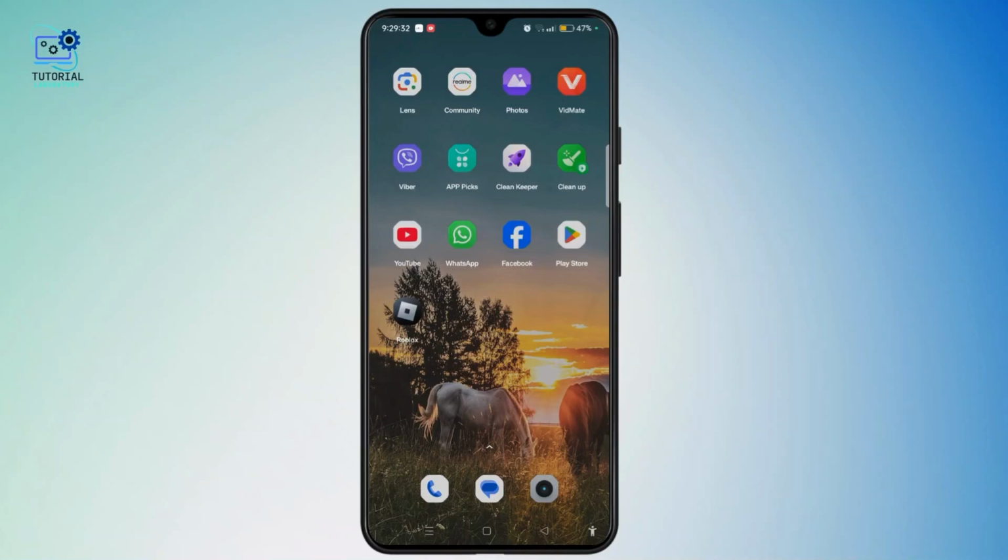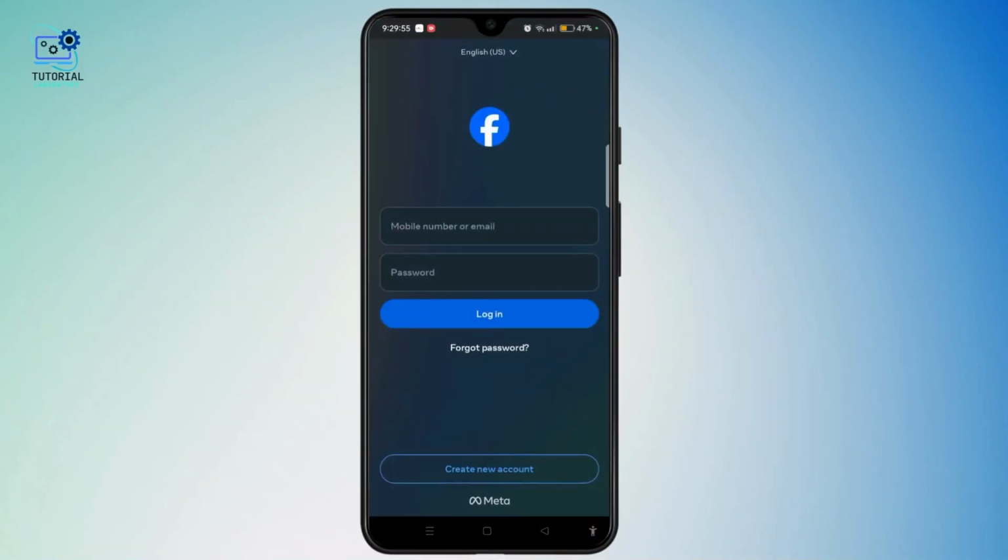Launch the Facebook app, or visit the Facebook login page in your browser. If you have created a unique username for your account, you can use it to log in instead of your email or phone number. You can enter your username in the email or phone field and type your password to log in. In case you don't remember your username or password, tap Forgotten password on the login screen